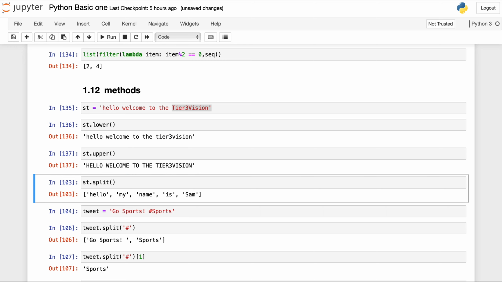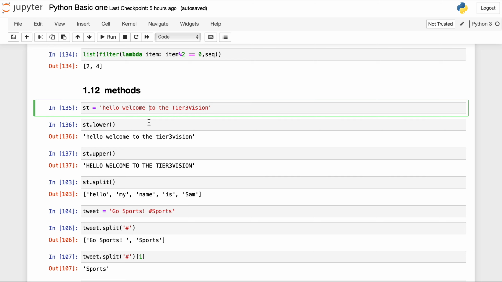Now the split method splits the string on the basis of space. If you want, you can pass any kind of argument. Suppose I have put a slash here, and after that I put a slash here also.